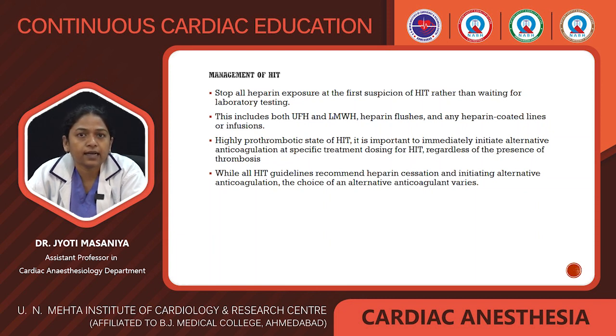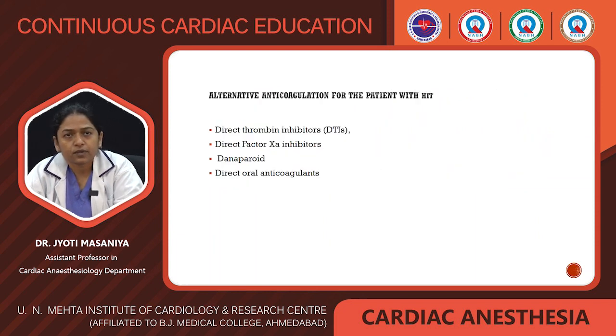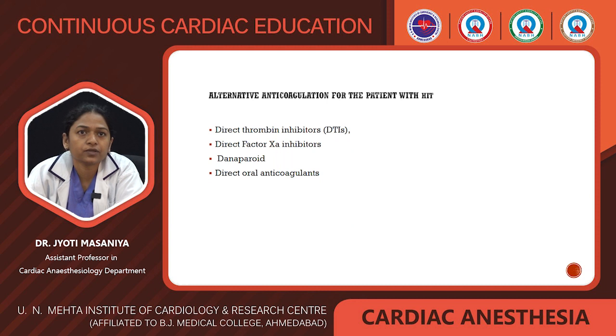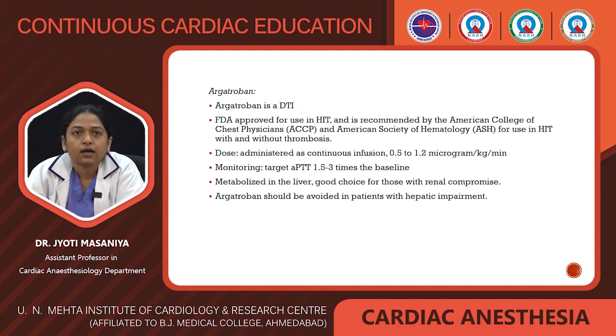While all HIT guidelines recommend heparin cessation and initiating alternative anticoagulation, the choice of an alternative anticoagulant varies. Alternative anticoagulants for patients with HIT are direct thrombin inhibitors, direct factor 10 inhibitors, danaparoid, and direct oral anticoagulants. Argatroban is a direct thrombin inhibitor, and it is FDA approved for use in HIT, and it is also recommended by the American College of Chest Physicians and American Society of Hematology for use in HIT with and without